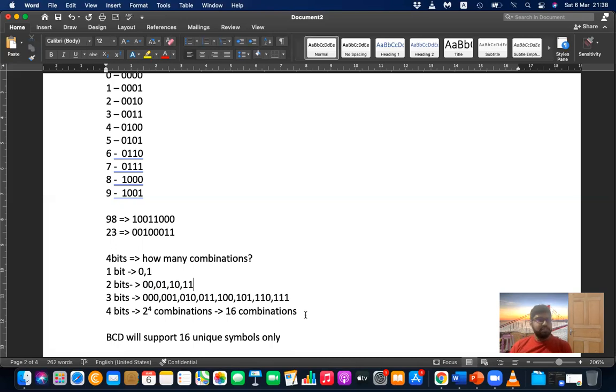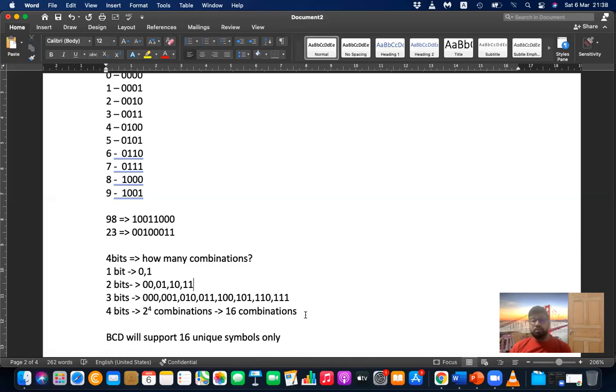So what is the disadvantage? You can represent numbers as characters, but unfortunately it's not enough to represent alphabetical letters. It is quite difficult, because you have only 4 bits, so the maximum you can go for is 16 combinations. You have plus, minus, and other symbols also.